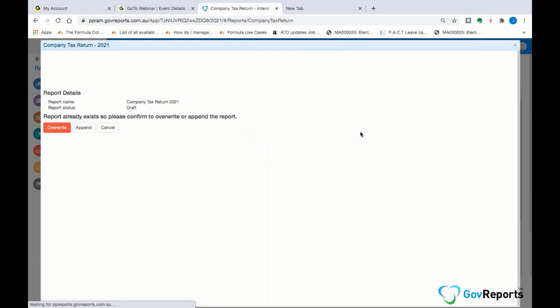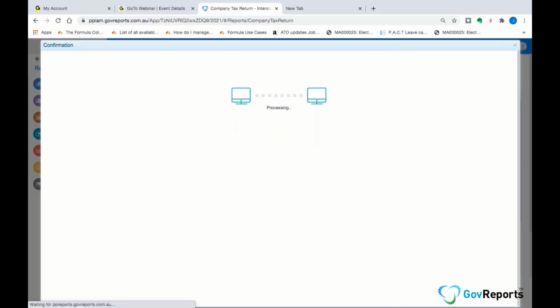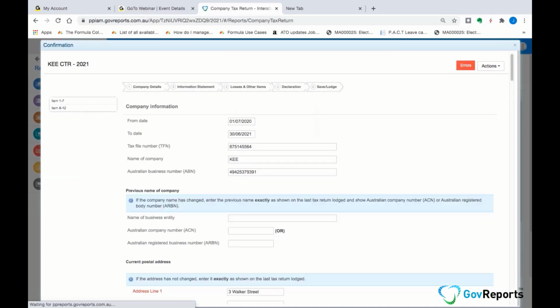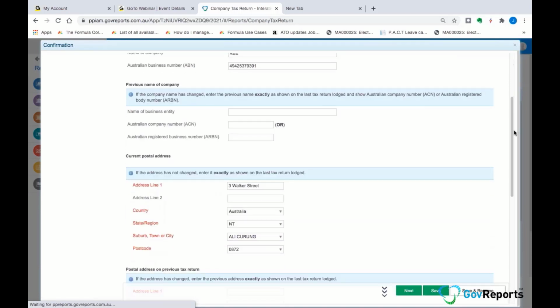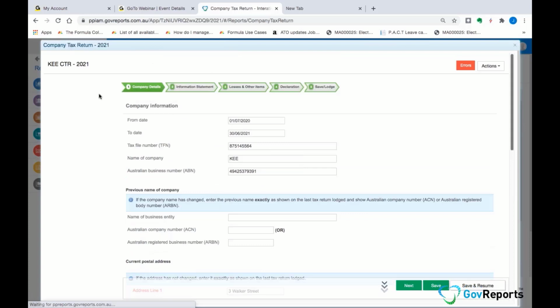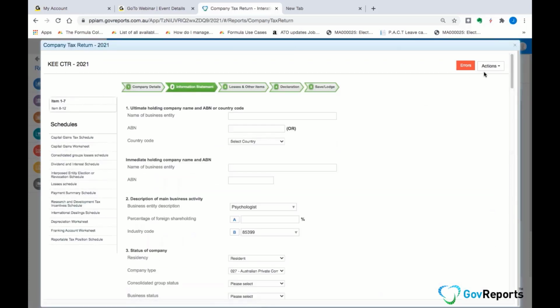And just while that's publishing, we've actually prepared a tax return already. But we want to actually overwrite the figures in the current tax return. So we click on Overwrite. And here I'm not going to go into too much detail, but essentially if we go to the information statement page, and then we look at,